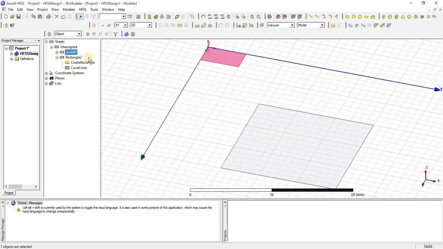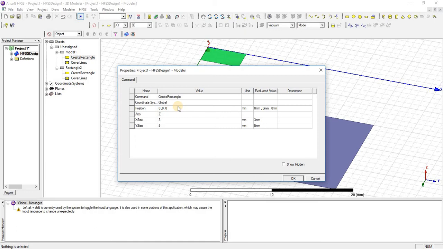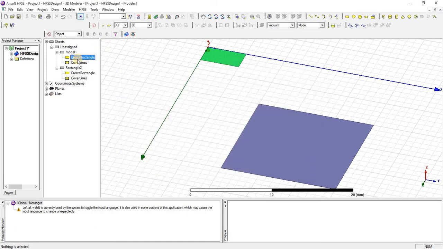In the second window of model 1, here we can change the position, x-axis and y-axis. Here you can see that in a sheet these two rectangles have been entered, but they are unassigned. The reason is that we must assign a material, for example perfect conductor or any other property. We will discuss that when we create an example model.